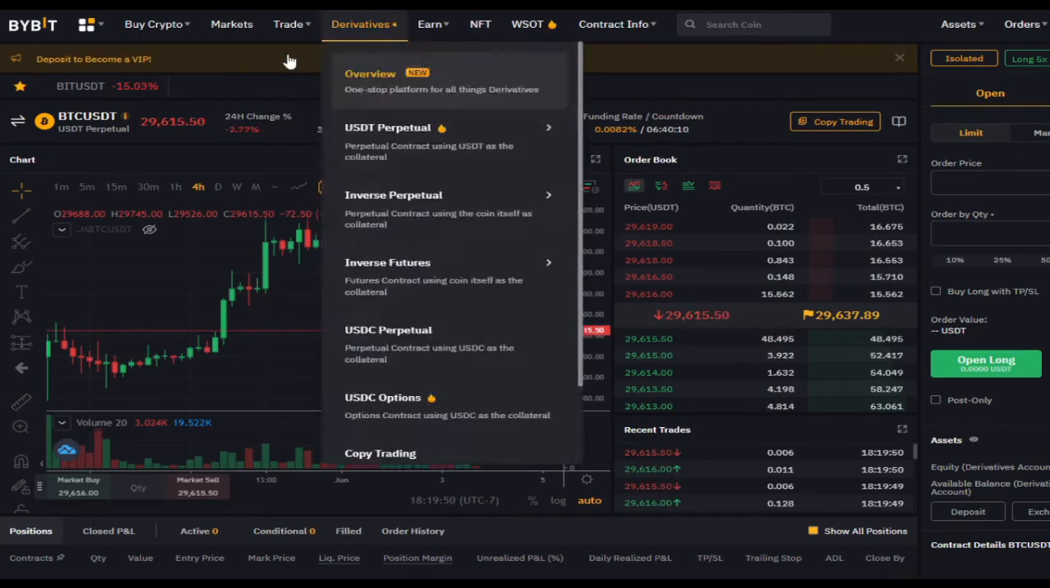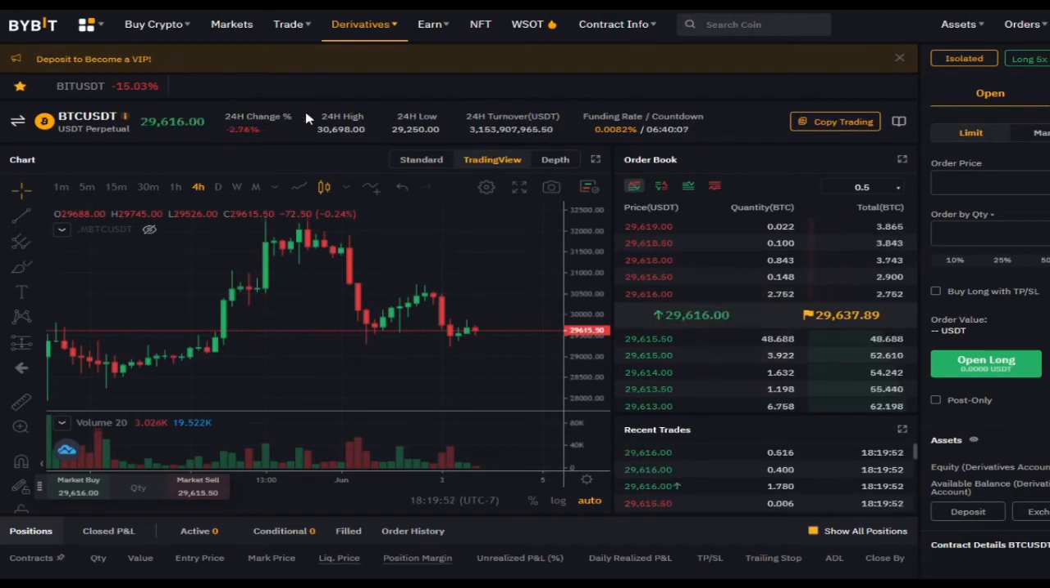Just keep that in mind as well. So you've got the 24-hour change, 24-hour high, 24-hour low, and 24-hour turnover in USDT. So that's how much was traded over a 24-hour period. Then the funding rate. So the funding rate is slightly,